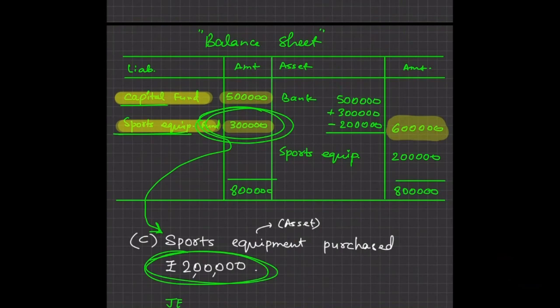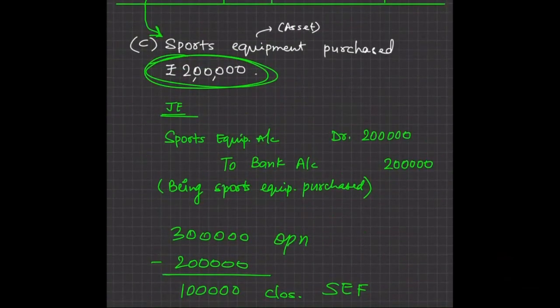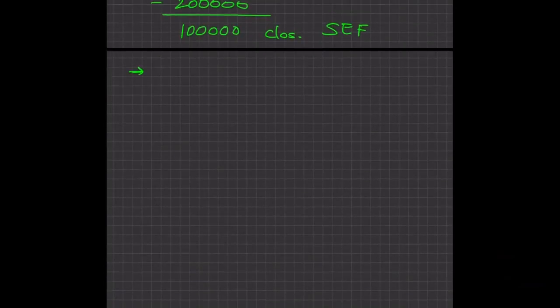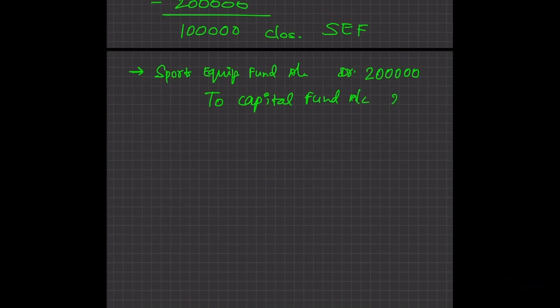But right now in my balance sheet, it is showing to be 3 lakh. Sir, what can I do to correct it? You need to pass one more journal entry. So whenever you purchase anything which is relating to a specific fund, that amount you need to take out from the fund also. And for taking out the amount from the fund, what you need to do? You will need to debit the sports equipment fund account by the same amount. You will debit that amount and you will transfer it to the capital fund account. Sir, why are we transferring to the capital fund account? Because now this amount